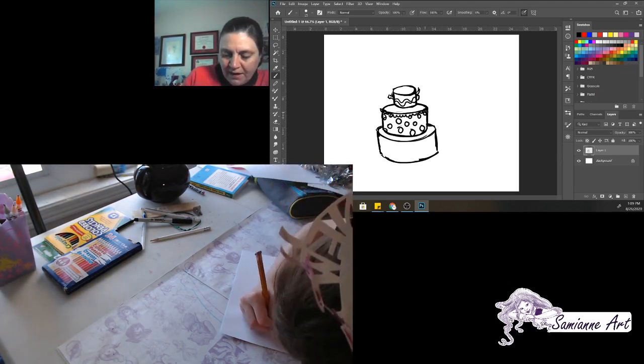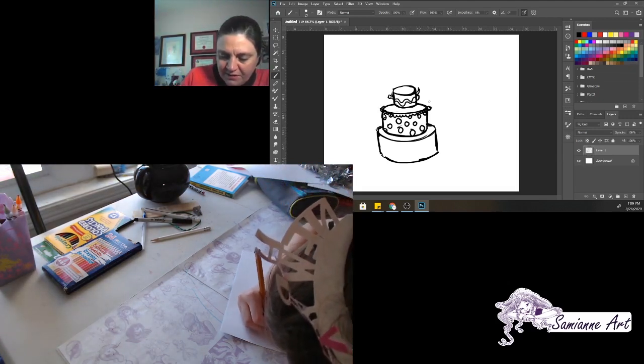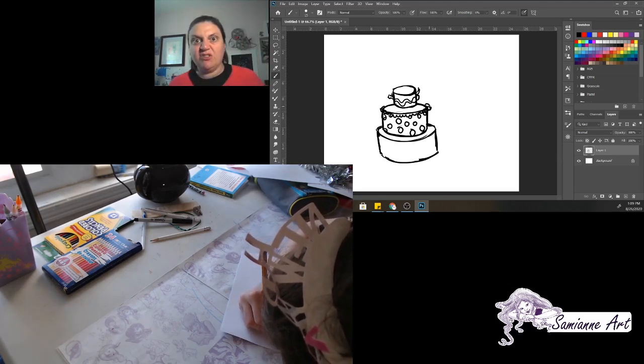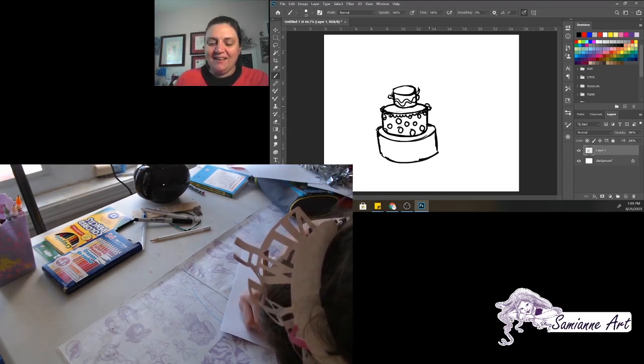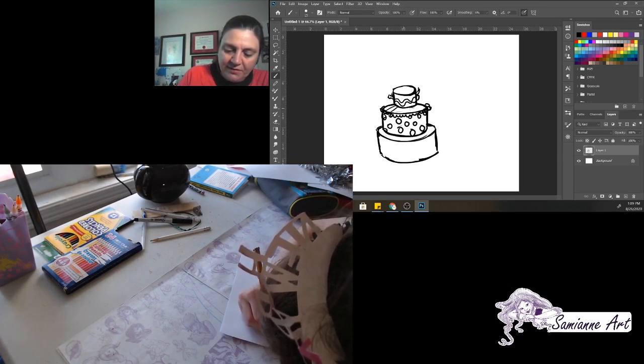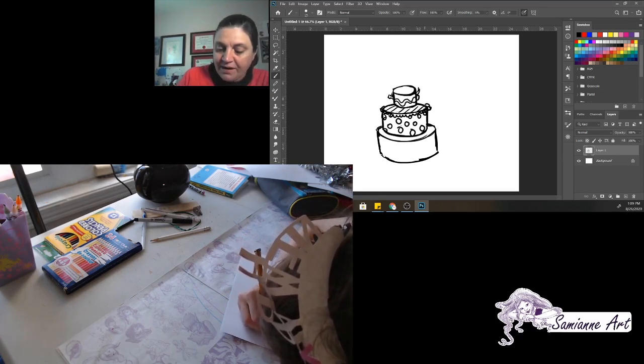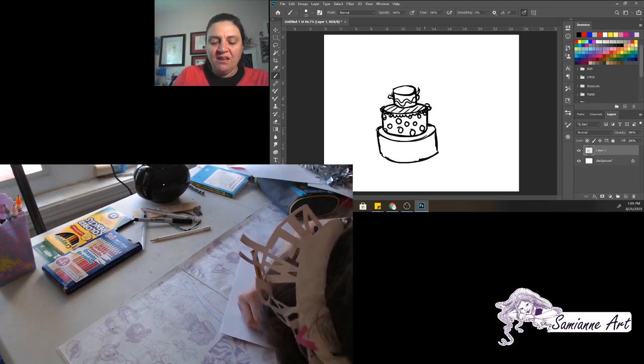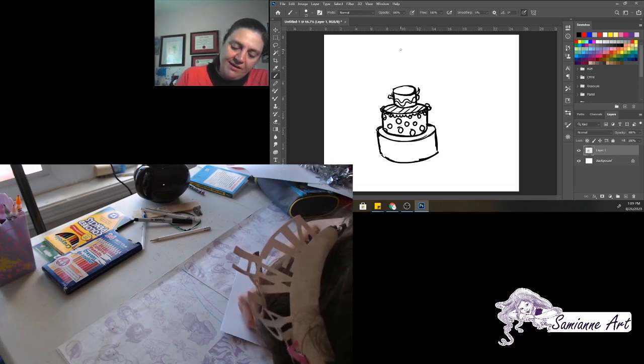This is the kind of cake I like to make because I'm not very good at decorating real life cakes. It's true. I'm actually very bad at decorating real life cakes. But I do anyway because it's fun. Maybe I'll have